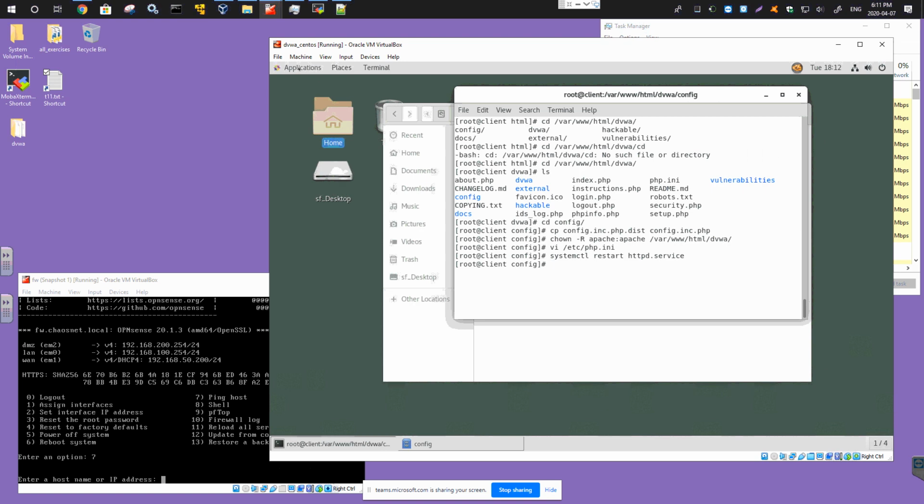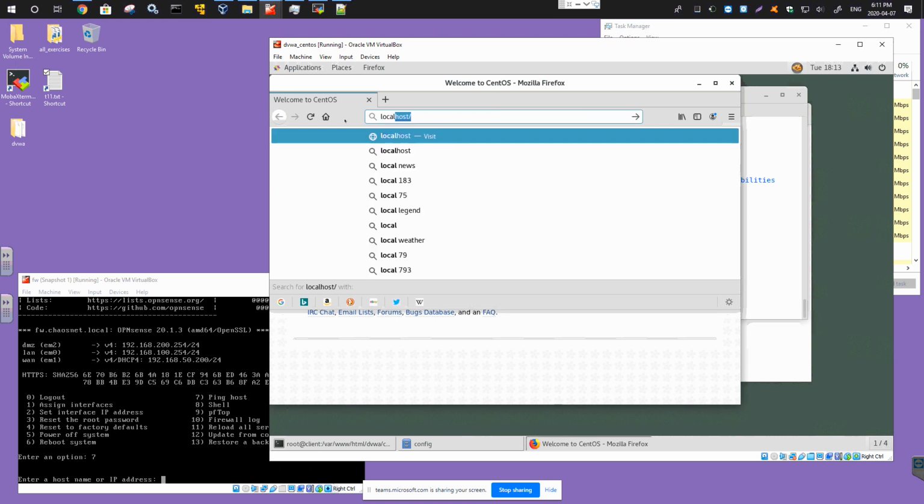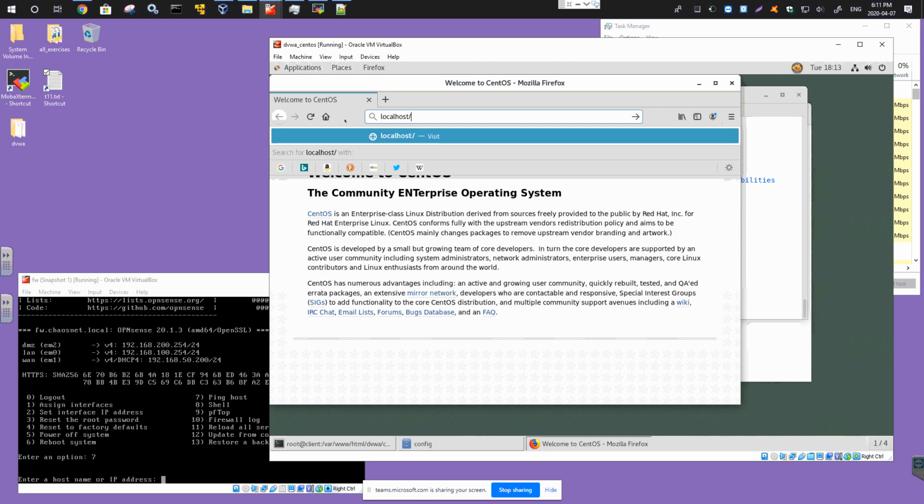So go to applications and say Firefox, and here I would open the file. I would say localhost dvwa,